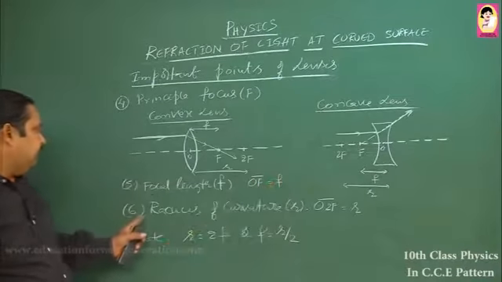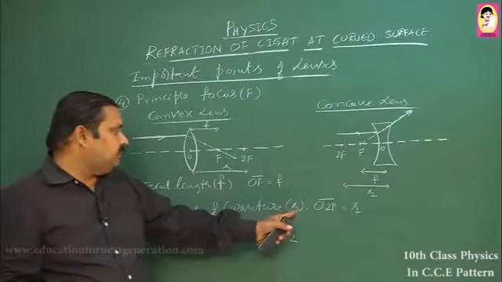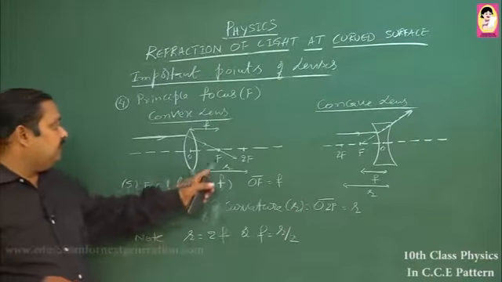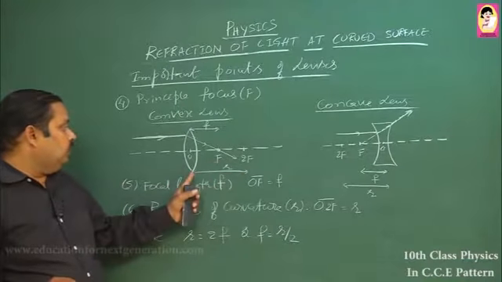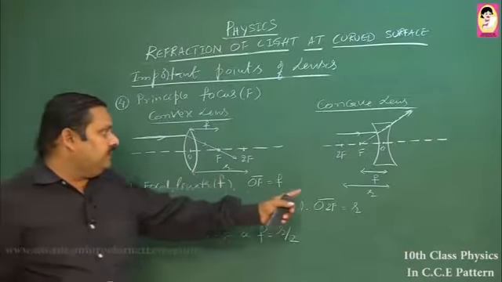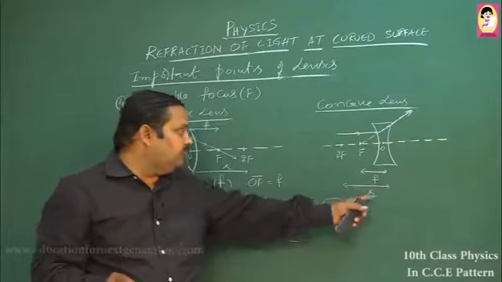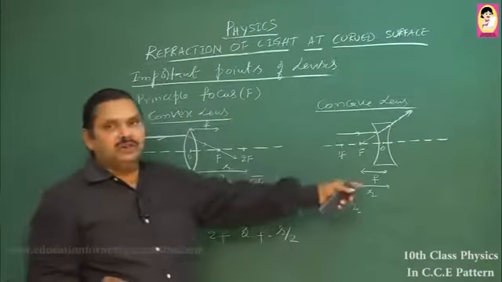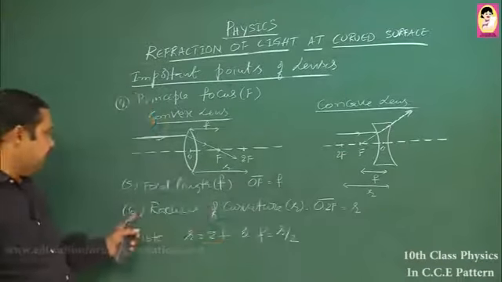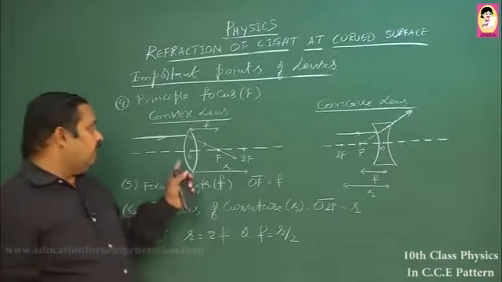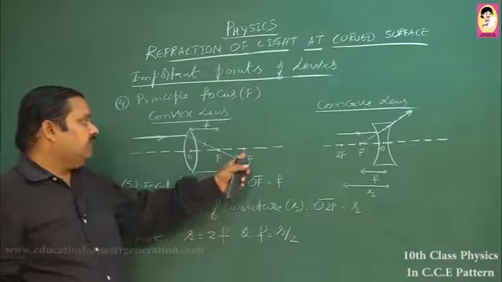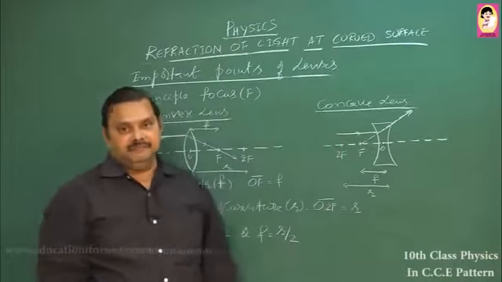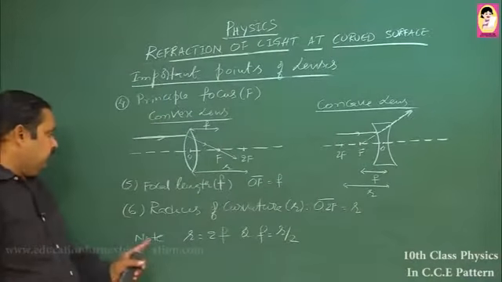Now, next one is radius of curvature. Radius of curvature is the distance between optic center and center of curvature, O to 2F. The distance between O and 2F is called radius of curvature in the case of convex as well as in the case of concave lens. So, what is radius of curvature? It is the distance between optic center and center of curvature. That distance is called radius of curvature. So, the most important observation